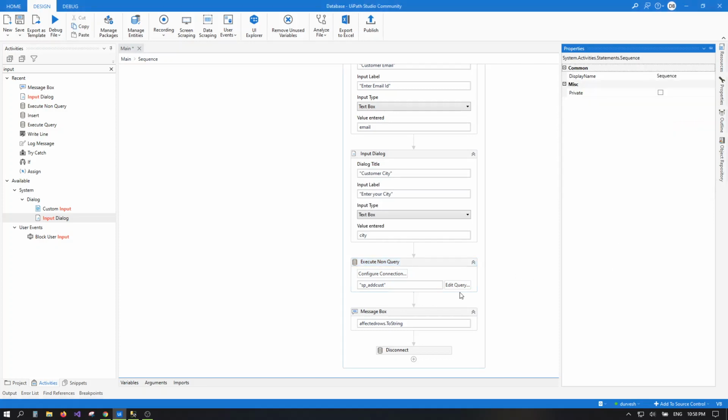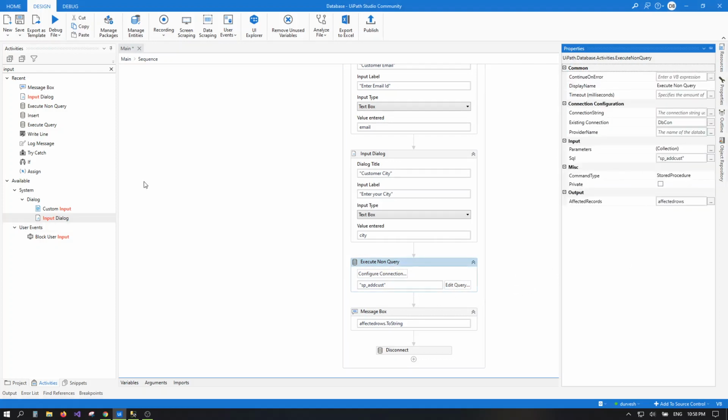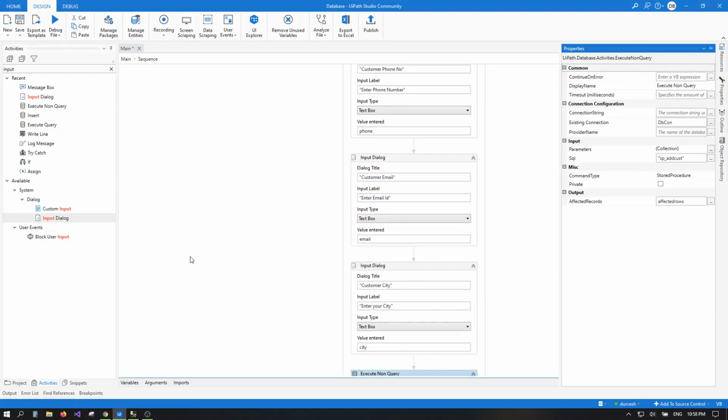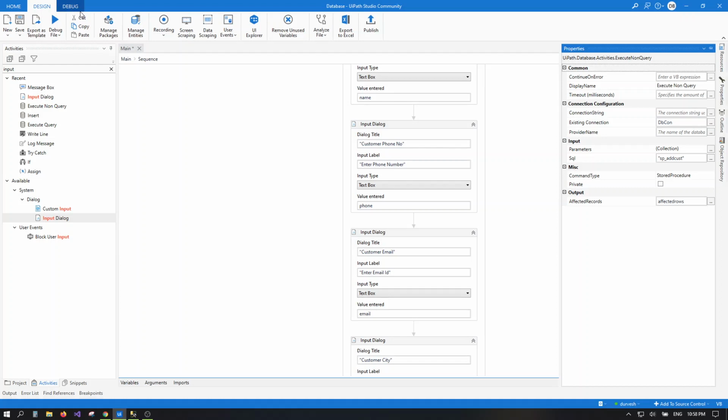So let's run this project and see if it is working or not.